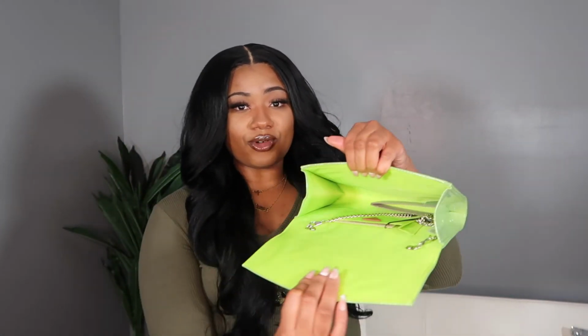Here's the inside. It's got enough room to carry things in it. So you can still bring your wallet, you can still bring your phone, you can still bring your lip gloss. Because you know some clutches don't give you much space for nothing but a phone and lip gloss. But this actually has a pocket in here. You can slide your cards in if you don't want to use a wallet. And then it also has a chain here too that extends down pretty long if you want to wear the purse